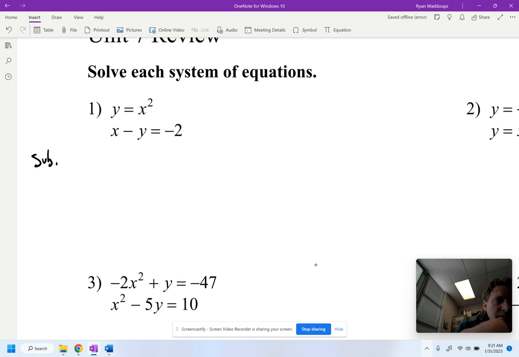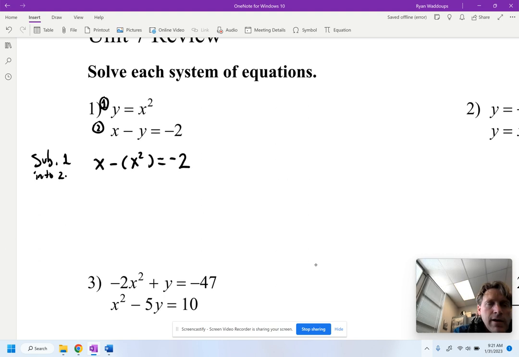We'll call the top one equation 1 and the bottom one equation 2. So we're going to substitute 1 into 2. And we get x minus, and then the value of y is x squared is equal to minus